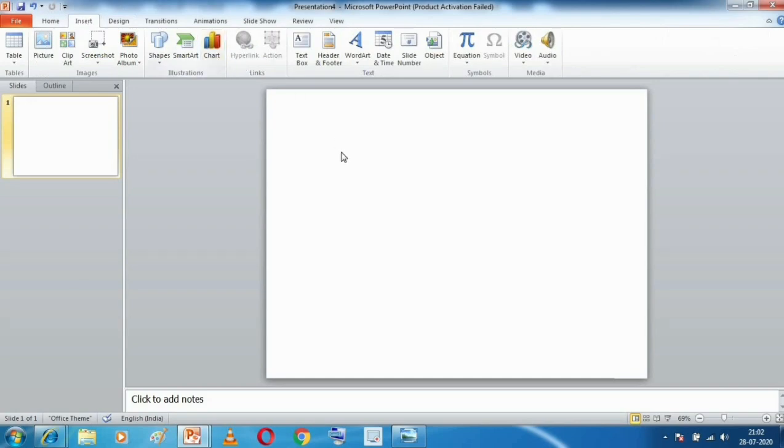So you can insert all these things that are present on the insert tab. You can insert audio, video. You are going to study about audio, video also. So you can insert all these things. You can insert a table inside your slide, using all this. Now let's move on to the next topic.